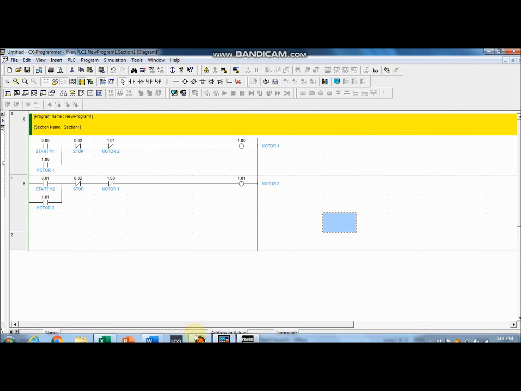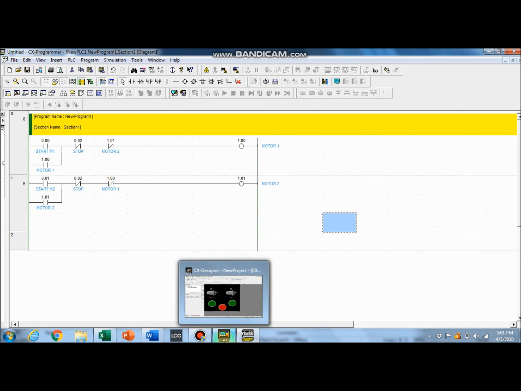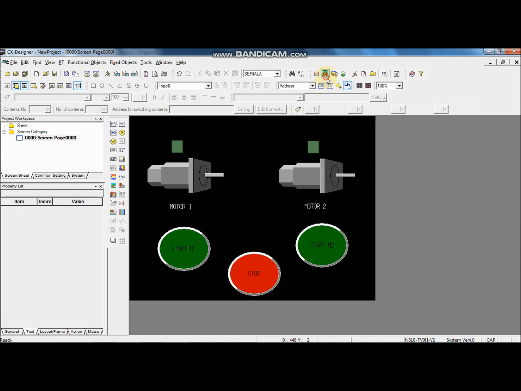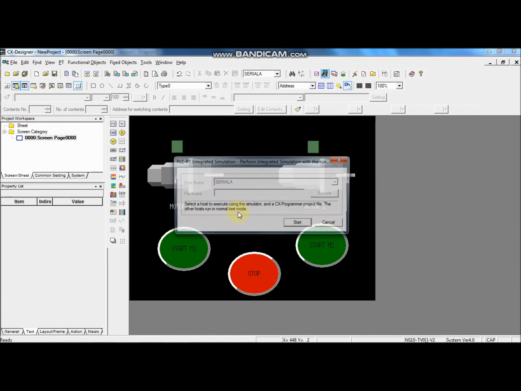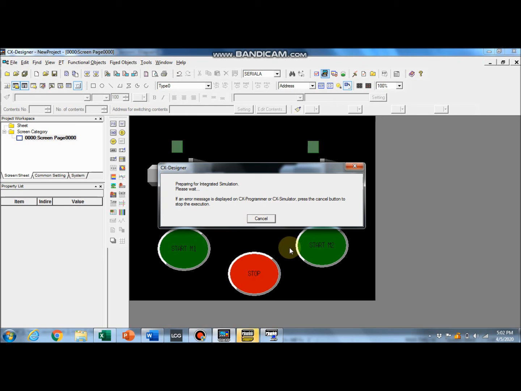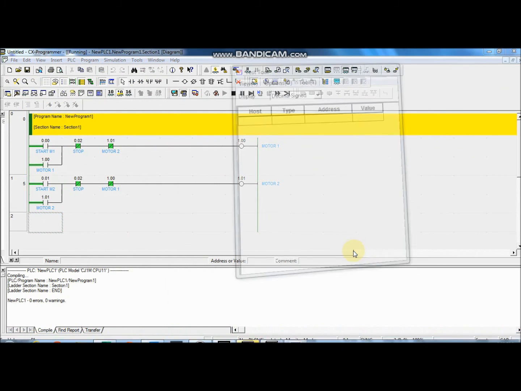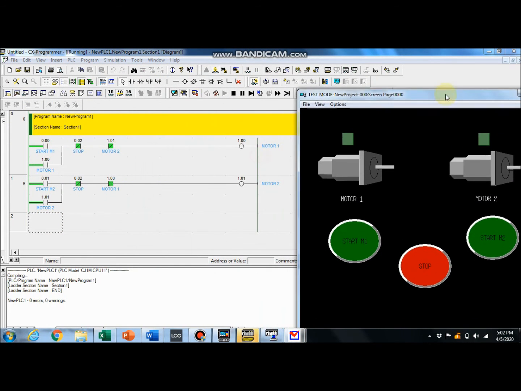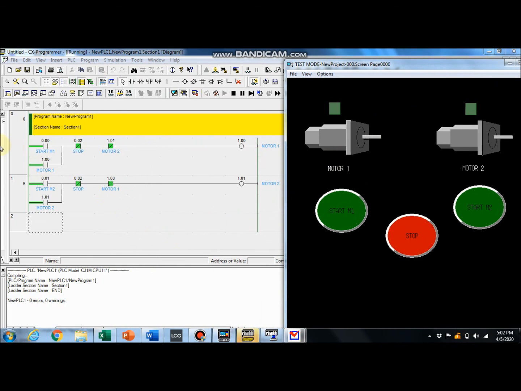Let's see the function. We are running the simulator. If we trigger M1, motor 1 will function.